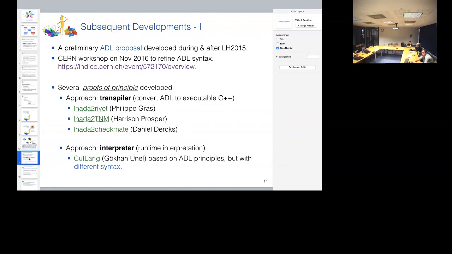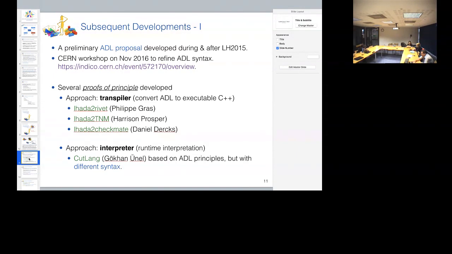And so there is something to basically fit into the Rivet framework, and something called the TNM and Checkmate. And again, the idea is that the ADL itself is completely independent of the framework. However, it can then be translated into something that can go into a framework if one wishes. And the other approach, as I mentioned, is the interpreter, the runtime interpretation directly of the ADL, developed by Gurkan,